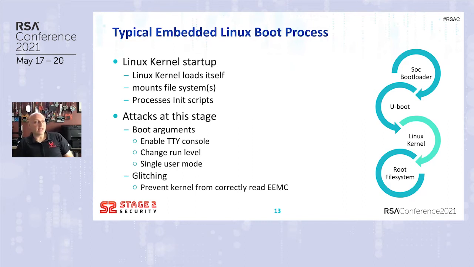If you can interrupt that in any sort of way, then you want to be able to get some kind of root console before it gets to its full boot process. To attack the kernel while it's booting, that requires some kind of input method. Sometimes the UART TTY console isn't disabled until the final run level. So maybe it's enabled during the early boot and you can press a key to interrupt the boot and then change things before it's disabled. Maybe you want to change the run level.